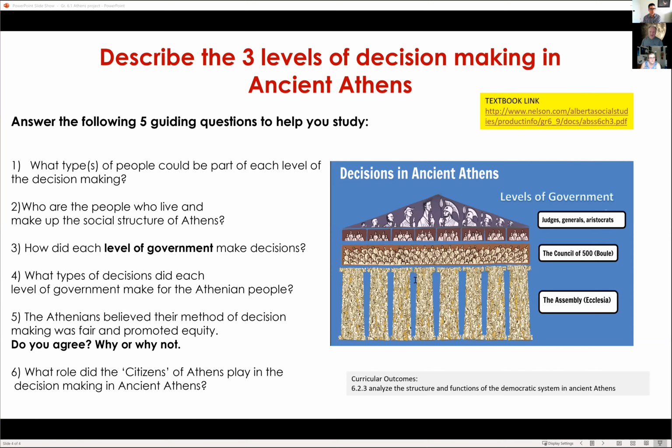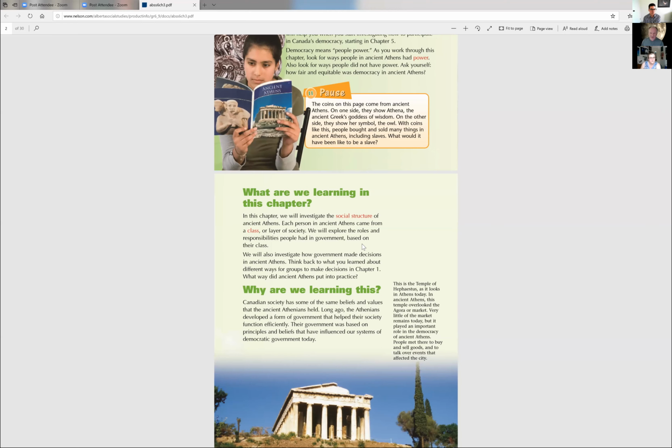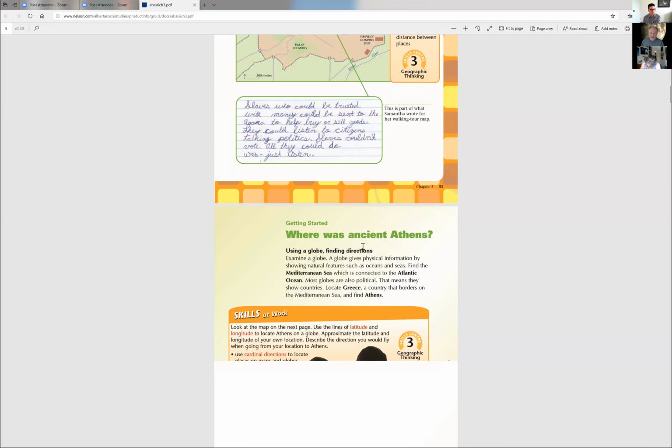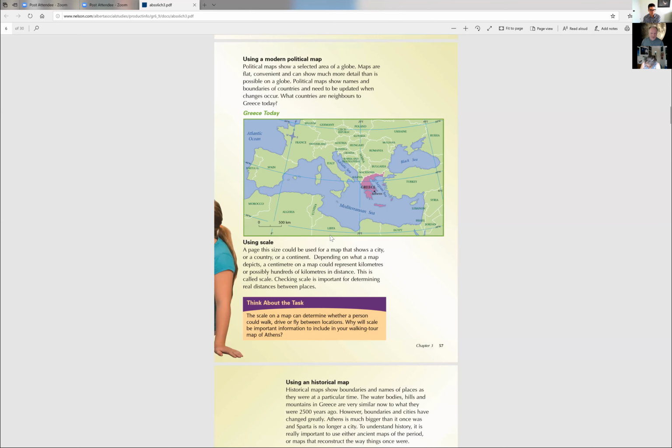So it's just an electronic copy of the textbook that you would see if you're using Nelson's. It's the exact same book. So it makes it a lot easier. The second question was an exemplar of the study guide.